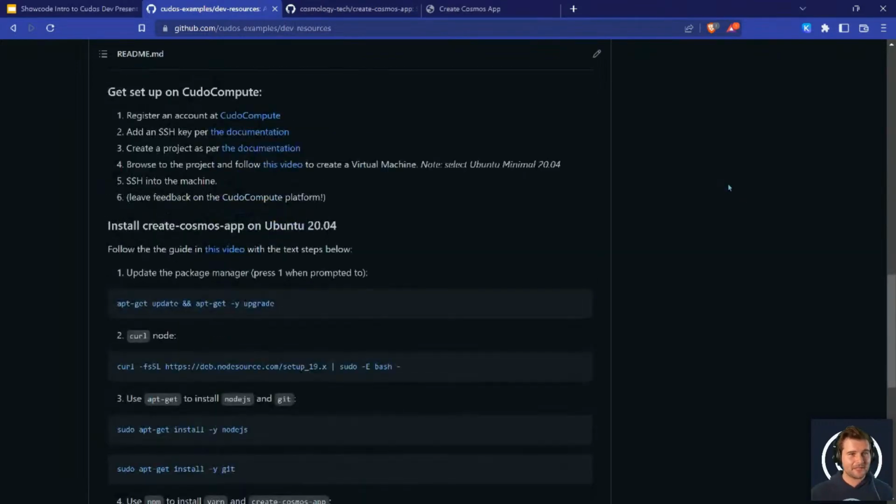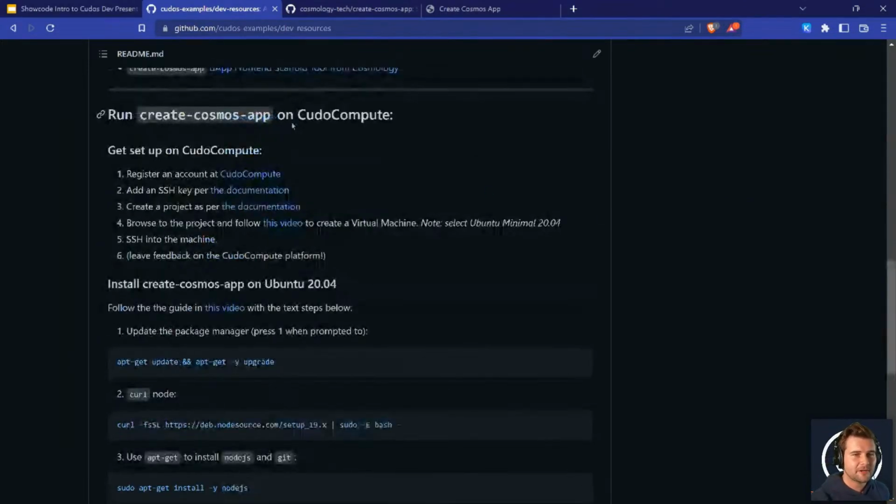Lastly, very cool here, we have how to actually run that Create Cosmos App on Kudo Compute. So these are the steps for getting yourself set up with Kudo Compute, a virtual machine. We will give you access to the free compute when we get to the NFT and front end section, but you can have a look around the Kudo Compute platform.